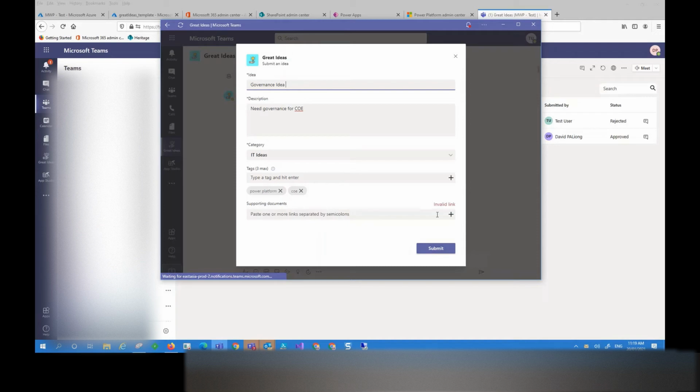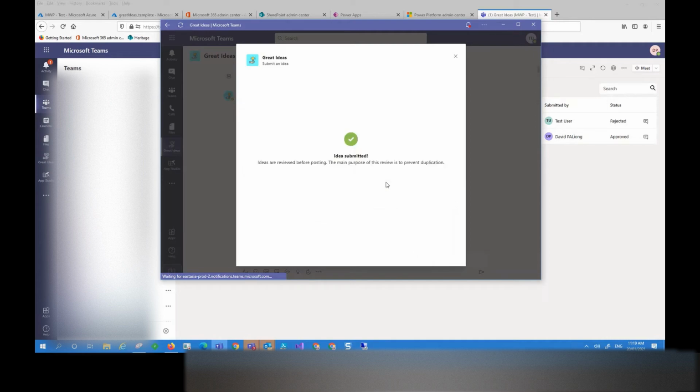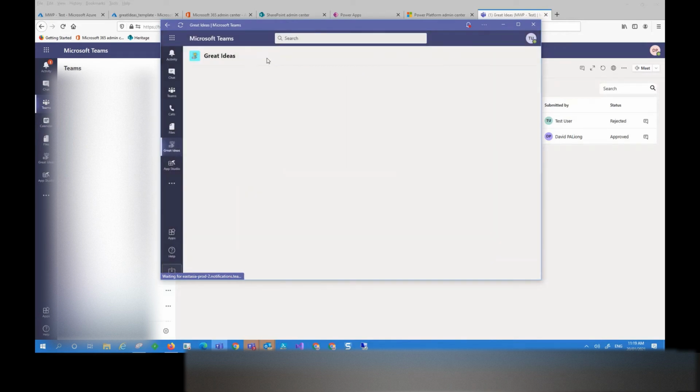submit. Oh, so that's fine. This is not mandatory. It's optional, so I can click submit for now. Idea is submitted. I'm done as a user. Click close. At the moment, I don't see the idea that I've submitted because it's now pending for approval. So if I now switch back to the curator,